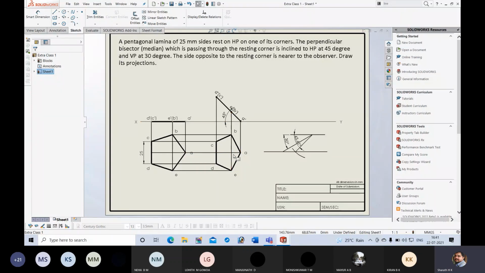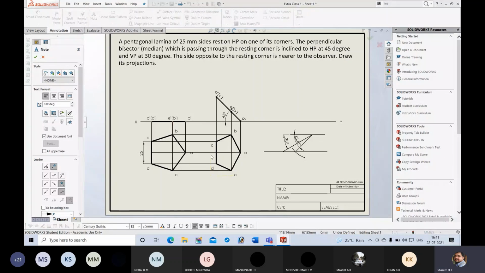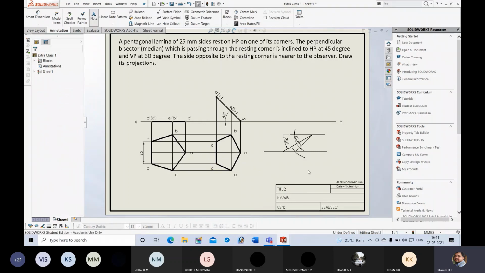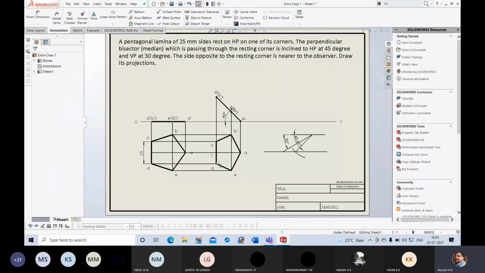Okay, now it is parallel to xy, which means parallel to VP. For convenience, I will name this A as A1, just for convenience. So this A1 should be inclined at beta, that is 45 degrees. For that, first, in the last top view, I should redraw the second top view in a different orientation.